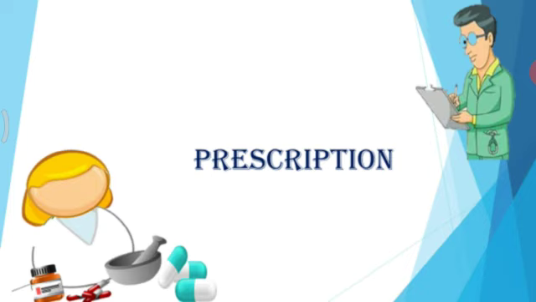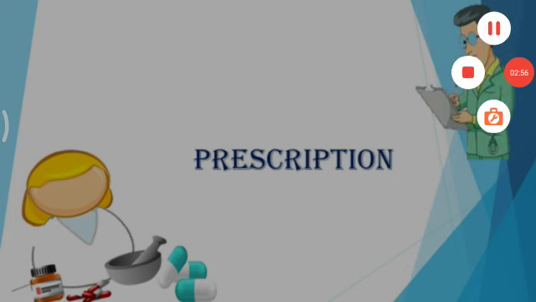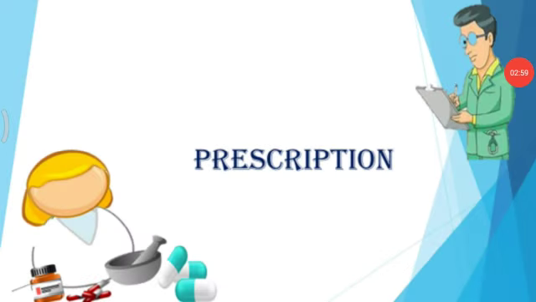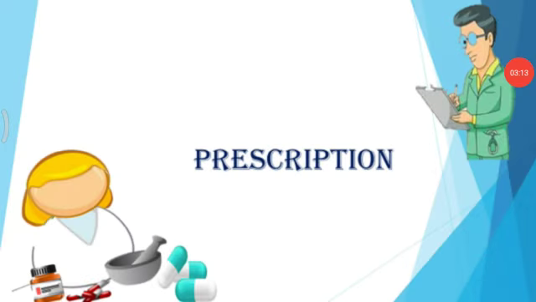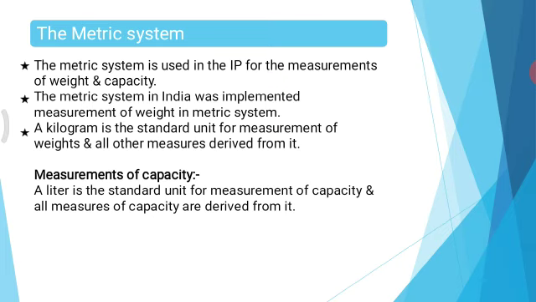The next point covered in the last lecture is the calculation involved in dispensing, in which there are 2 systems of calculation. First one is the empirical system, second one is the metric system. In the last lecture we discussed the empirical system. The empirical system is an old system of measurement, an old system of calculation. In the empirical system there are 2 subtypes, and we also discussed the value of pound and the value of gallon.